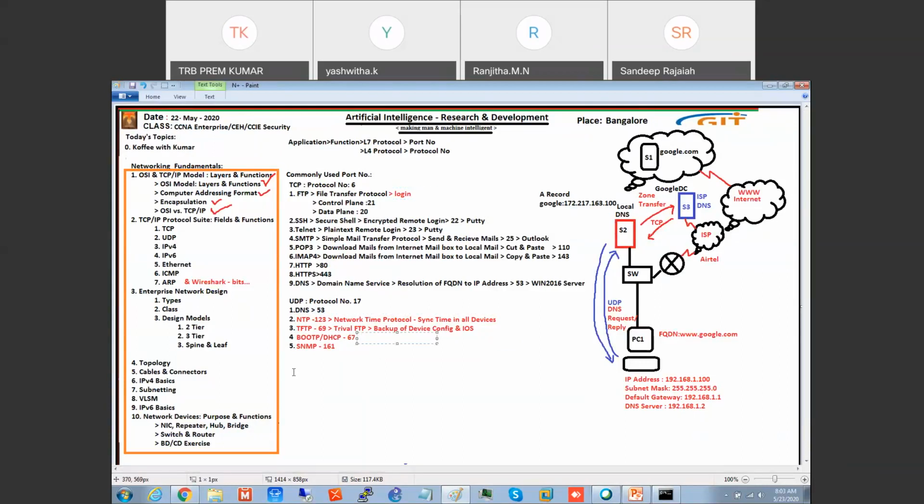DHCP basically. Let us take one by one. First, BootP. BootP and DHCP, they both are basically automatic configuration. This protocol will help you to automatically configure. Now, here, BootP will help you to automatically configure from booting.